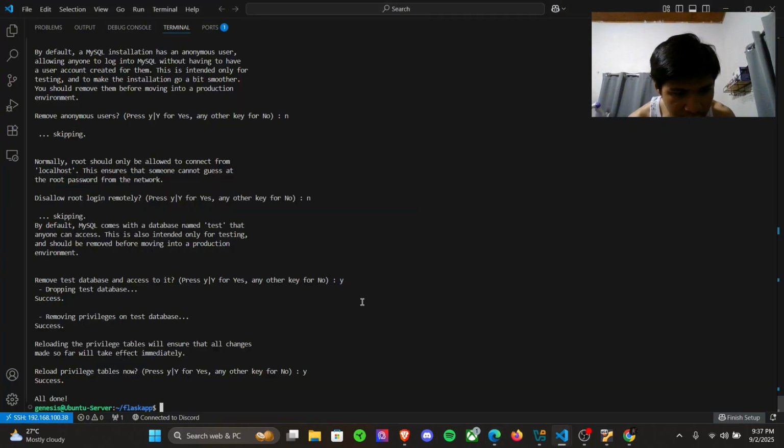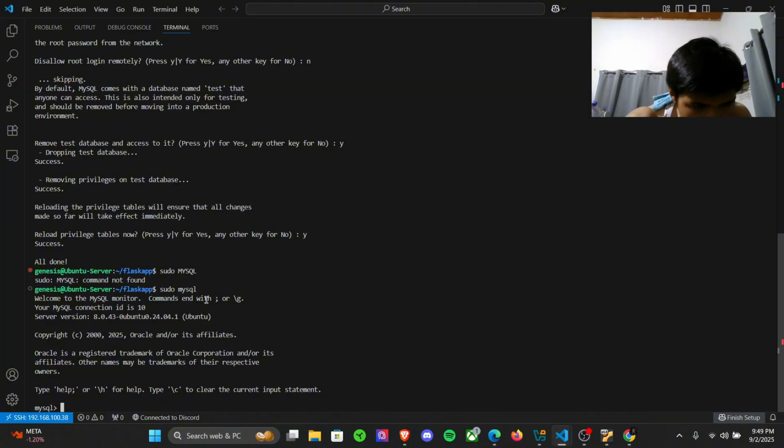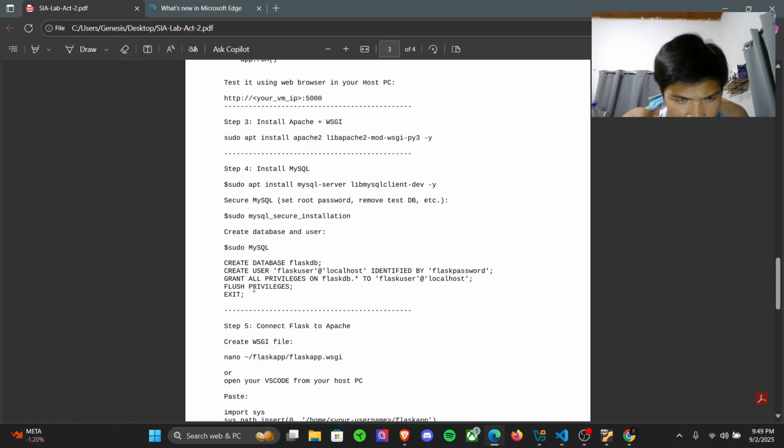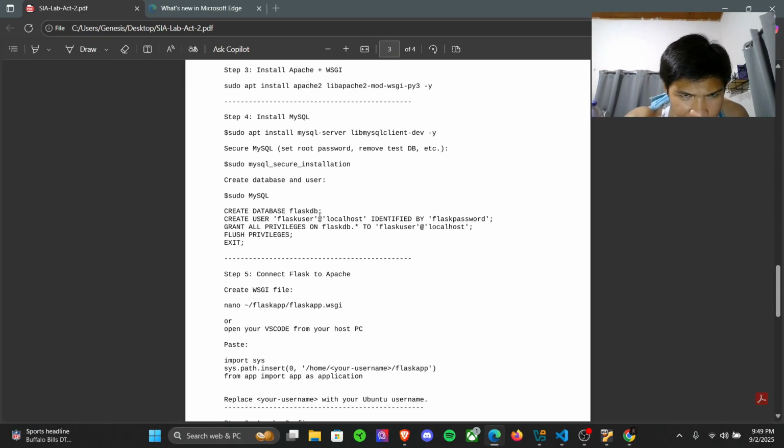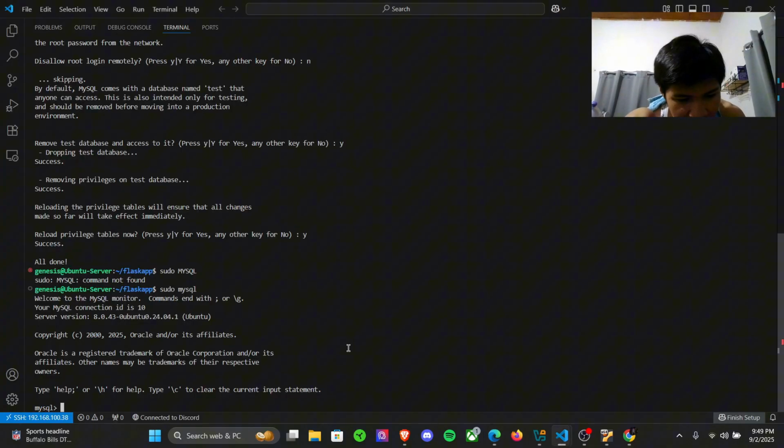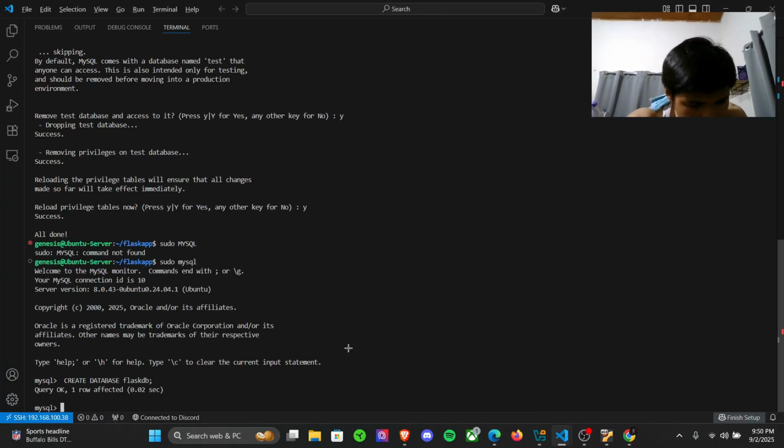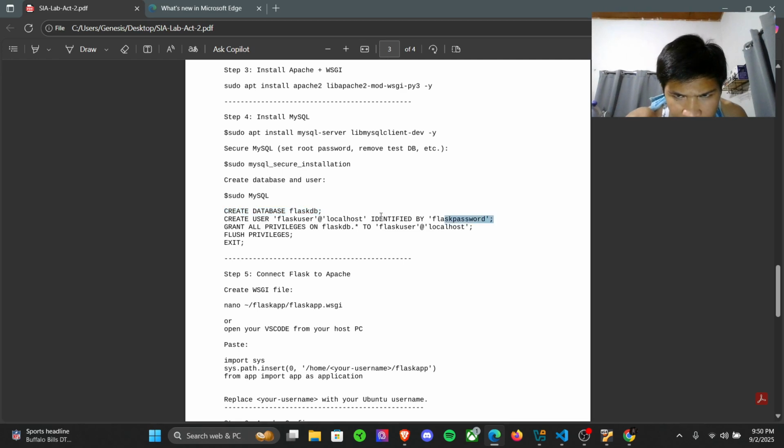So, copy this. Sudo mysql. Nag-type ako ng sudo mysql. So, mapupunta tayo dito. So, we'll create a table. So, copy and paste lang tayo dito. Create database. So, we'll create a database. Yan. And next one is this. Medyo tricky lang.